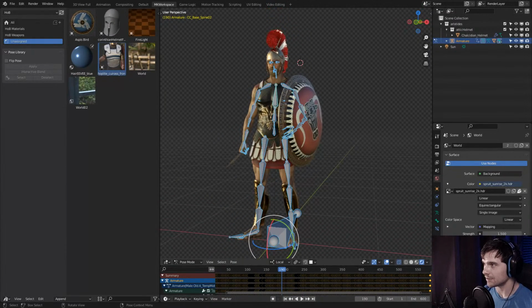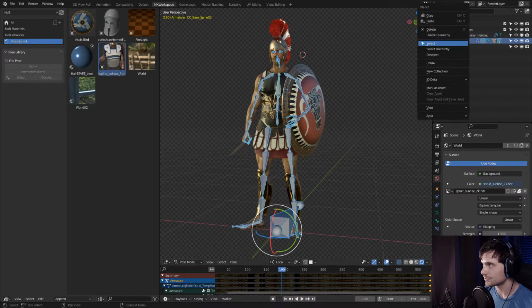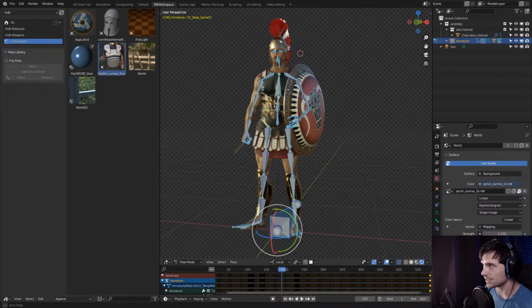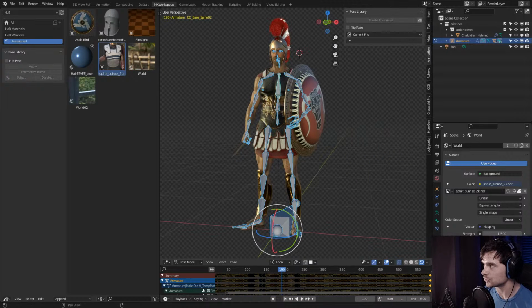And I have this pose here at this point in time. So just right-clicking it again, there are several ways that you can add this pose into your library, but my favorite actually is to hit N to access this shelf, go to this animation menu that gets accessed when you switch to the pose mode, and